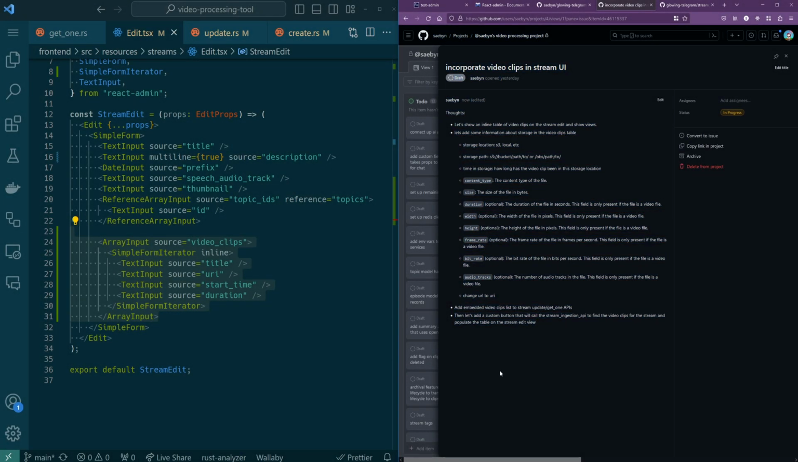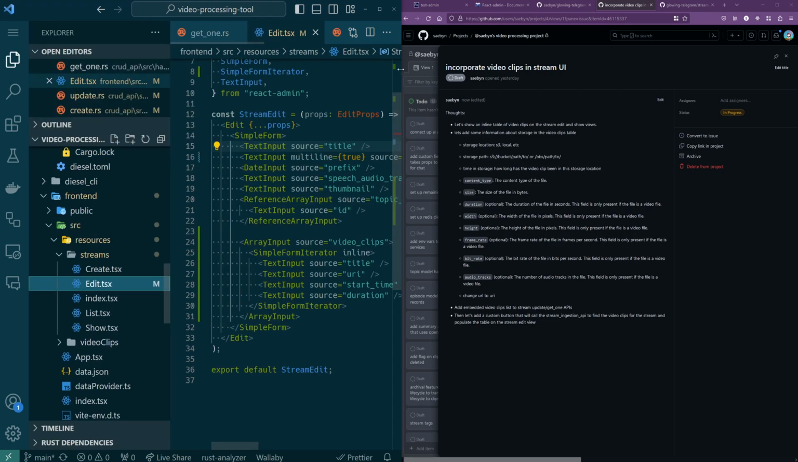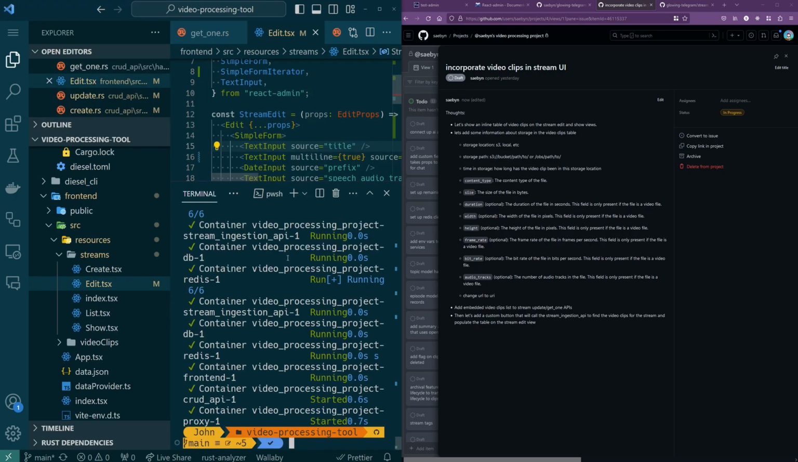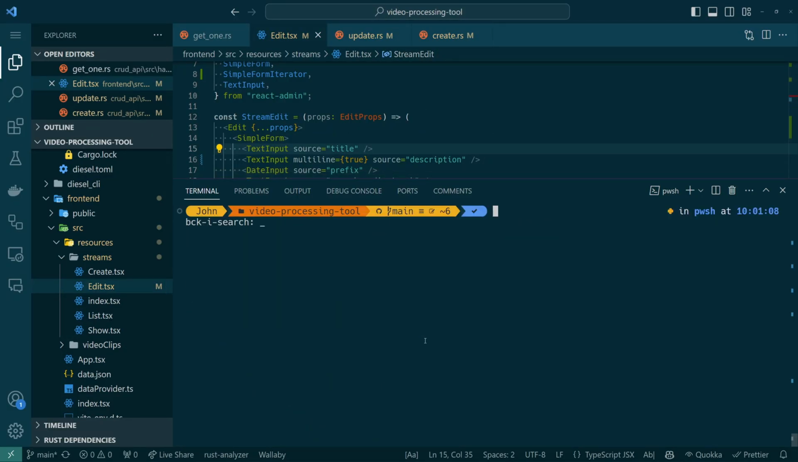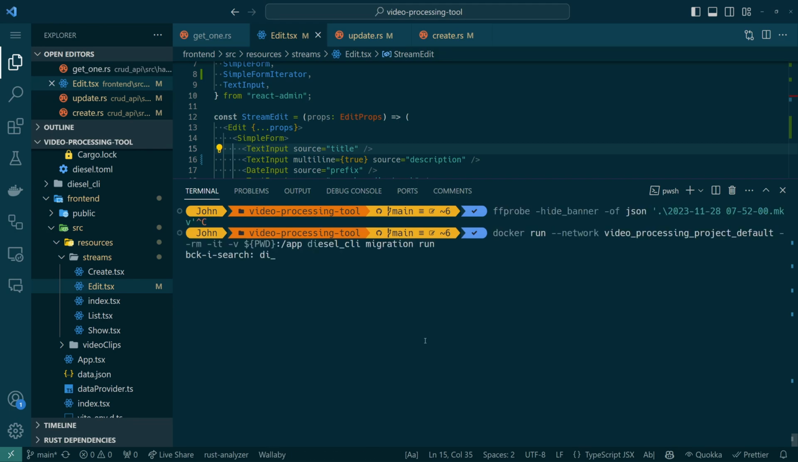Back to working on video clips in streams. All right, so how do we do this? There's a command line tool. Let's see, generate, there we go. Diesel CI, migration, generate, add